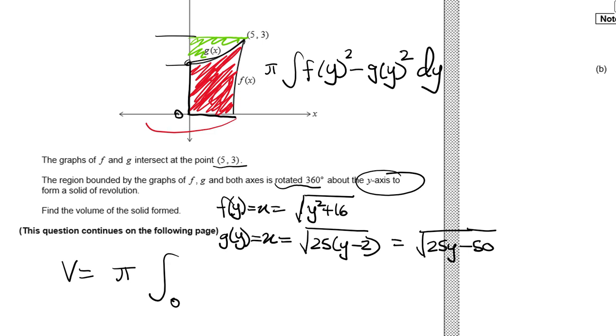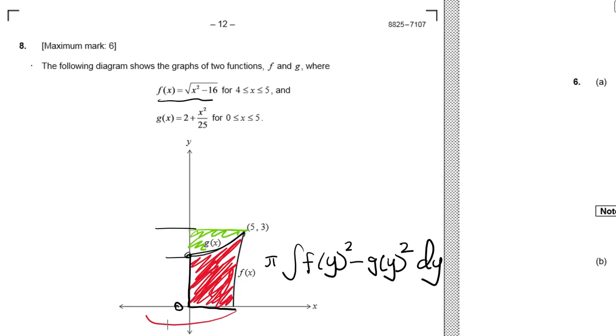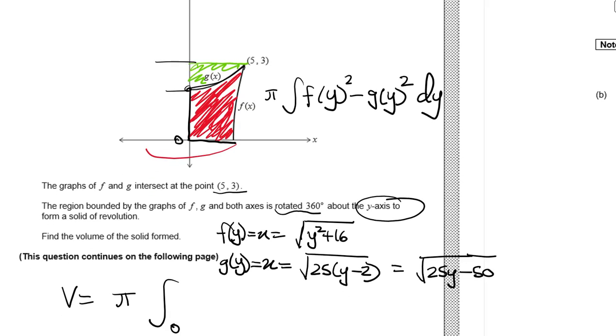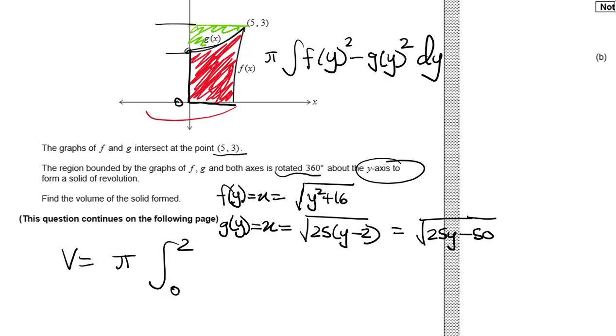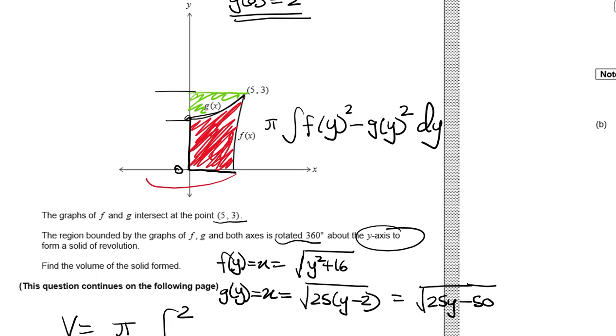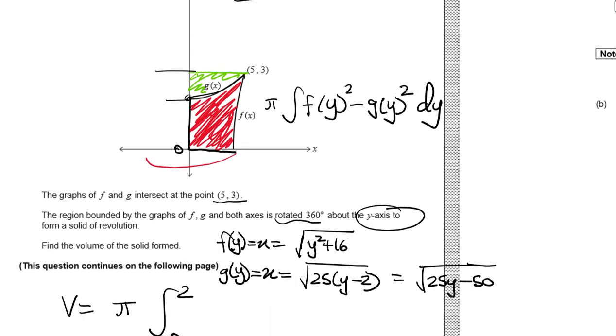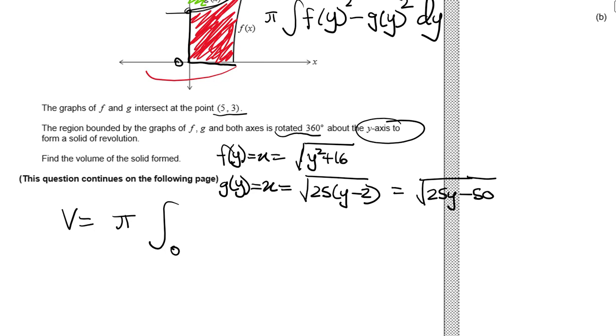This we have to find. When we put 0 into g of x, we have g of 0 is equal to 2. So that's our bound. And then we can put in g of x. But first we want to be doing